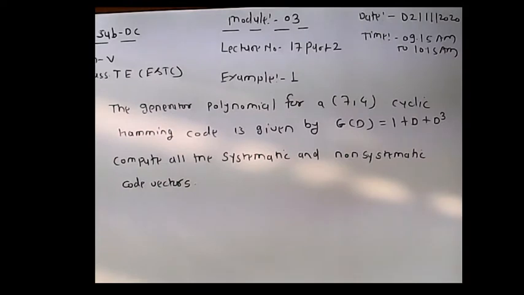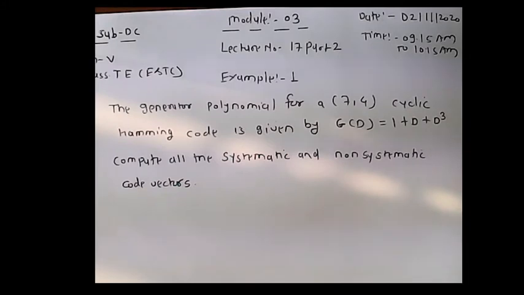In the previous lecture, we introduced the concept of cyclic code. We defined what a cyclic code is, its properties, and how to define it. Any code which satisfies two properties, first a linearity property and second a cyclic shift, will be a cyclic code. Then we also introduced the generator polynomial and how to find out the